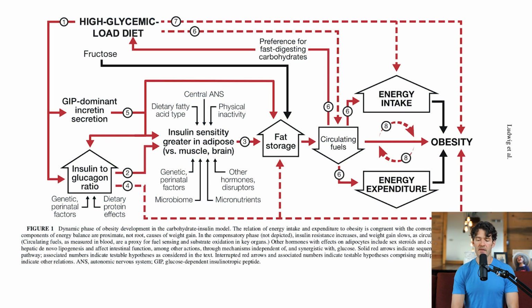So as we continue on here, if you're eating a high glycemic load diet, the alteration in the glucose, insulin, and glucagon ratio promotes fat storage, prevents fat oxidation, and causes this vicious cycle of increased energy intake and reduced energy expenditure, right? A lot of people know they should go to the gym after work. They know they should go walking. They know they should go hiking, but what do they often say? Often they say they don't have time or they don't have the energy to do so. Now, why wouldn't they have the energy? Well, it turns out that when we're constantly having these ebbs and flows and glycemic variability and insulin resistance and leptin resistance and so on, that creates a situation where there's less energy in the bloodstream.